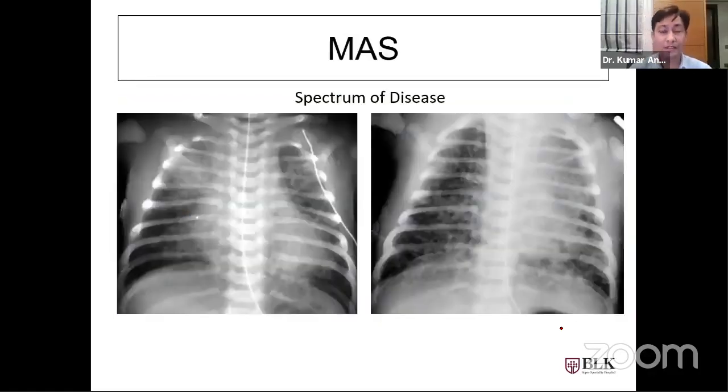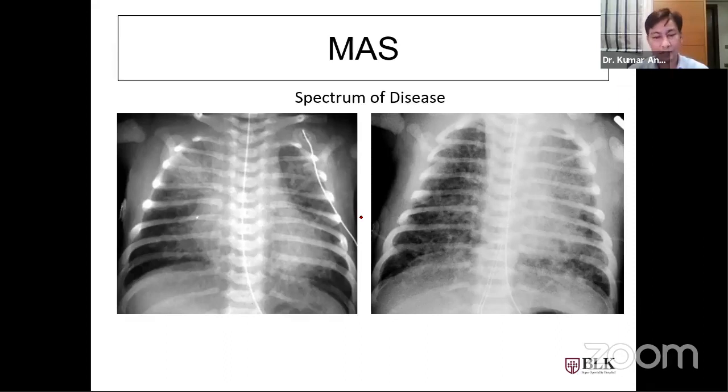So meconium aspiration syndrome, this is again not an uncommon disease. You can find a spectrum of disease in meconium aspiration syndrome. They can present like a mild TTNB, they can present up to a severe PPHN. So you will find, depending on the severity of meconium, because there could be a coarse granular pattern, and if the meconium size is large, they can present with a large collapse of the lung and bilaterally heterogeneous disease.